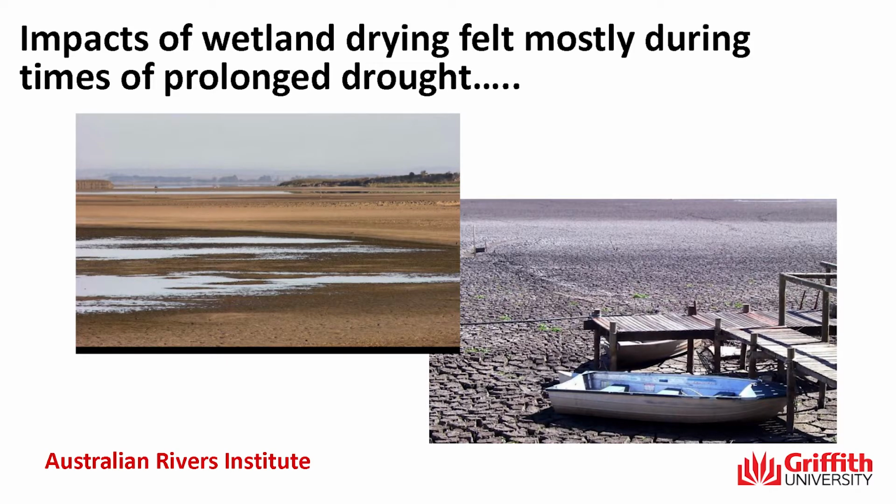Okay, and the impacts of wetland drying with not getting any water into them, of course, are felt most profoundly during times of drought. And it's not just surface water drying, it's also soil moisture drying. The longer those wetlands stay dry, the more water it takes to actually get them wet again. So you actually get a compounded effect. It's not even as if it's just got no water, the whole soil profile gets dried.